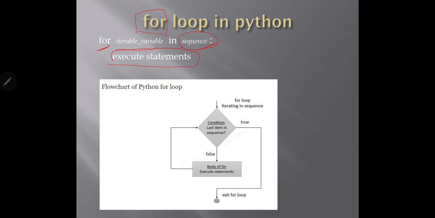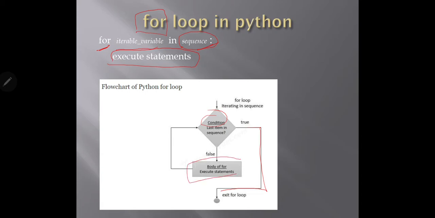You can see now this for loop iterates in sequence. As you can see, the condition is whether this iterable variable has reached the last element of the sequence. If this iterable variable has reached the last element of the sequence, then it will get out of the loop. If not, then the body of this for loop, body means all the statements inside this block, will